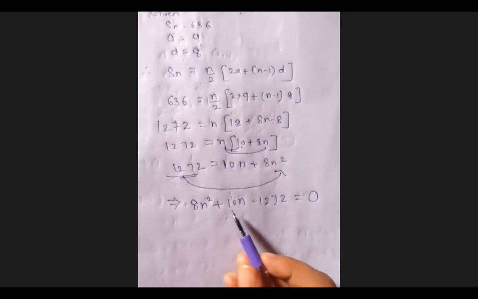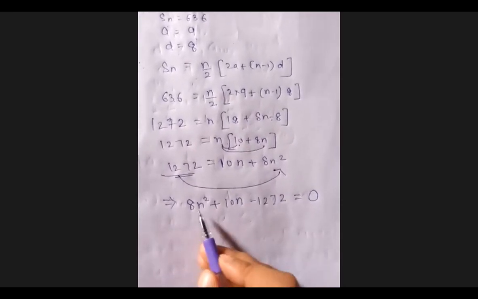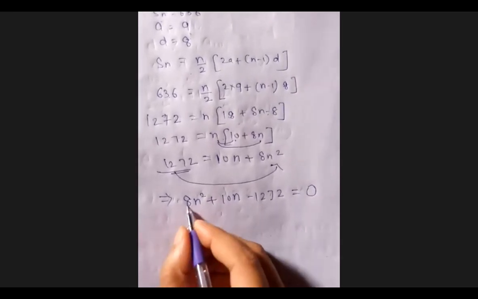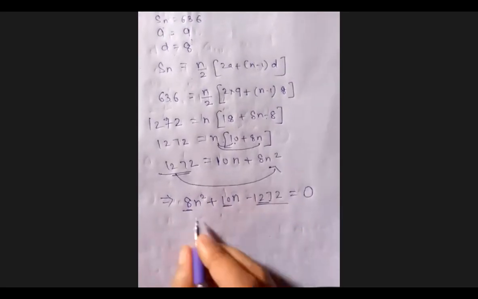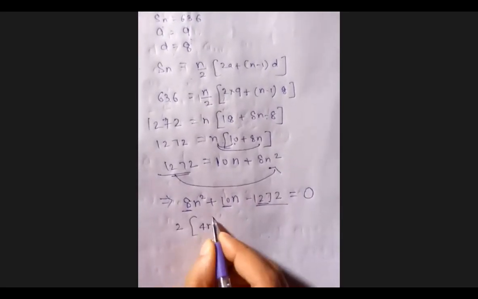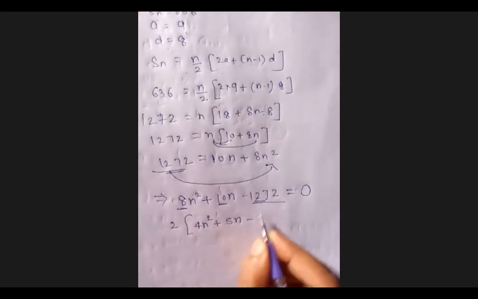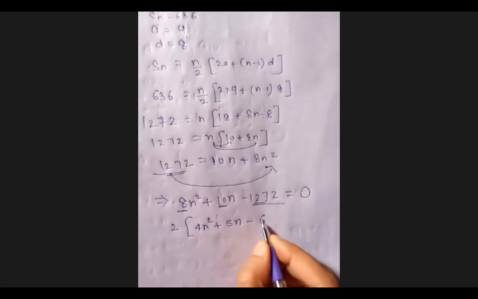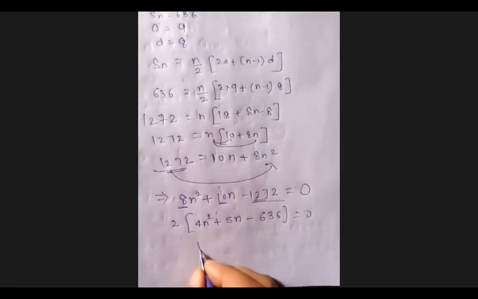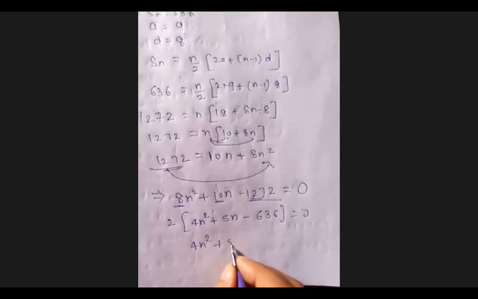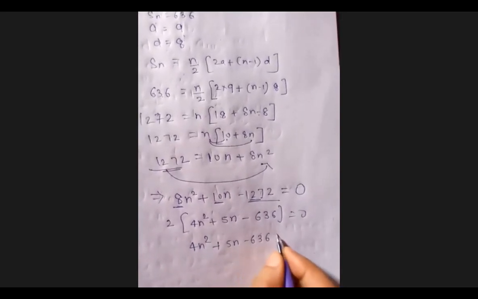Okay, now you can take this. अगर आपको इस इक्वेशन को सॉल्व करनी है जैसे अभी हमने जस्ट अभी सॉल्व किया splitting the middle term से, सेम वैसे ही आप इसको सॉल्व करोगे. But here if something is common, अगर कुछ भी कॉमन निकल रहे हैं, then आपको कॉमन पहले लेनी है, because वो इक्वेशन शॉर्ट हो जाते हैं, आपको रिड्यूस करनी है. So I am taking this here, 2 is common in all, so you can take 2 common. 4n square plus 5n. Similarly, यहाँ पे 636. So you have equation 4n square plus 5n minus 636 equals to 0.